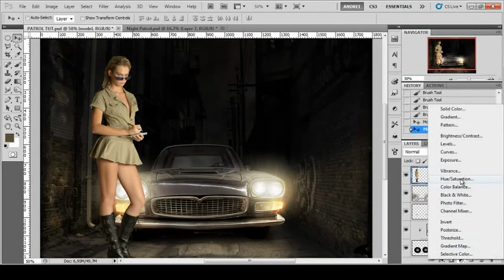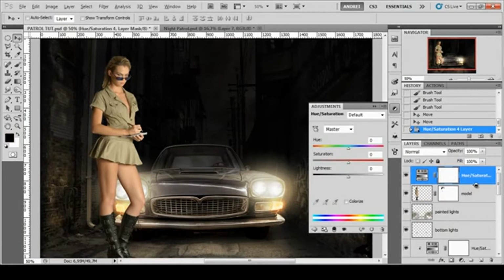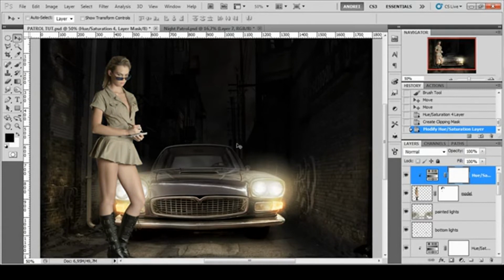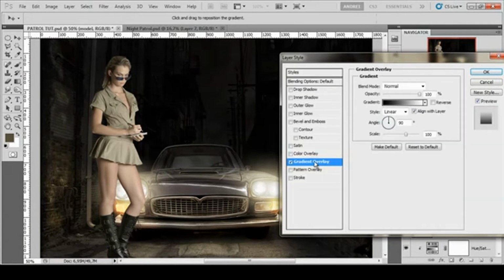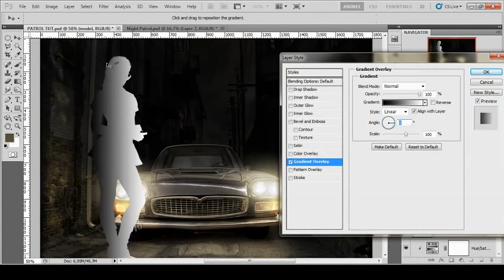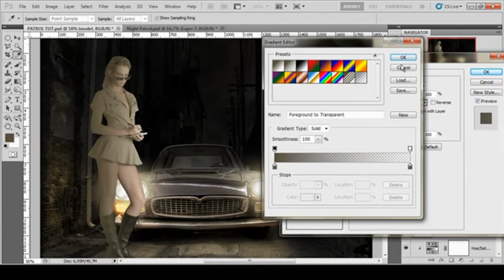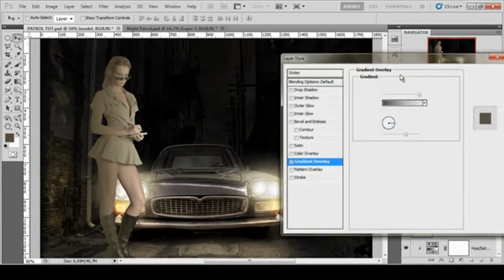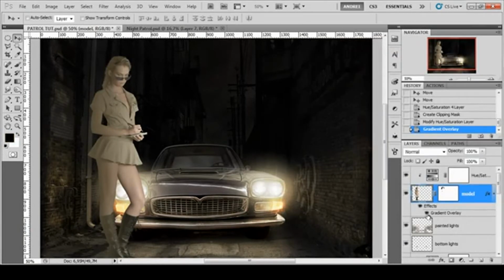So the first thing I'll do is use a Hue Saturation and reduce the saturation to -40. And another thing that I want to do is start adding some effects using layer styles. So the first thing I'll do is use a gradient overlay, because I want this part of the woman to be darker than the right side. So I'll use a black to transparent, but first I have to reset my colors. Go back to gradient overlay